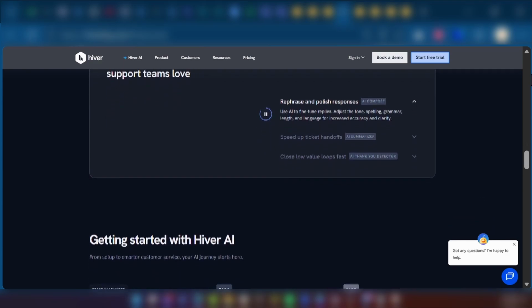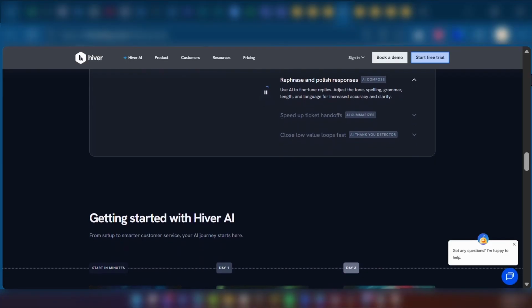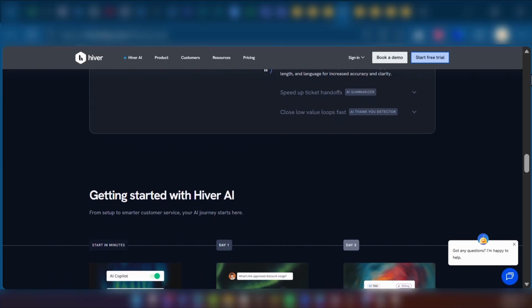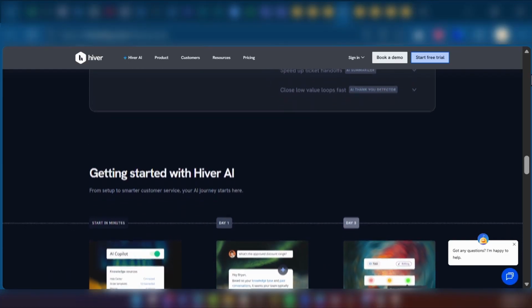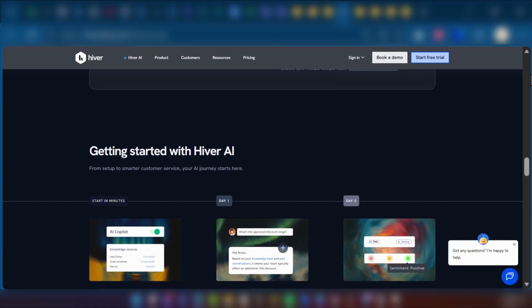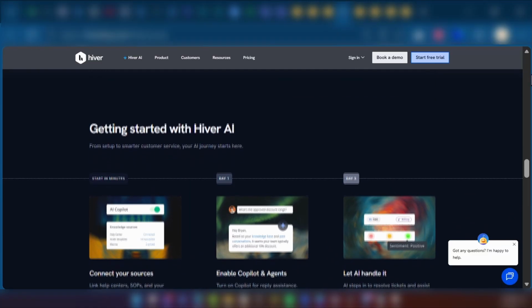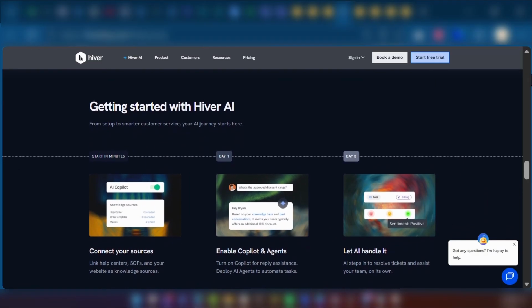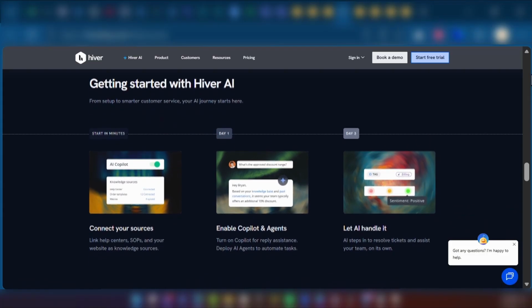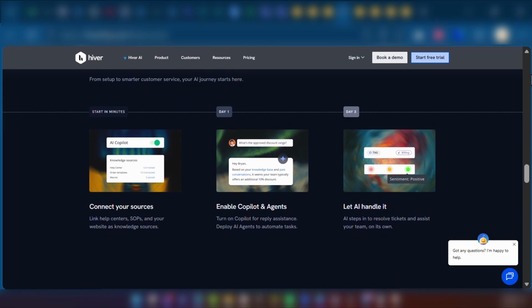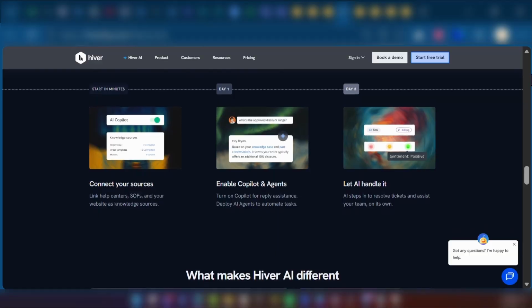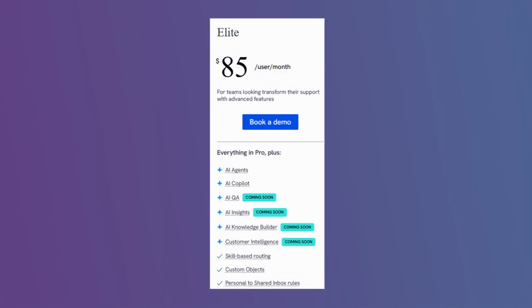this plan. The Pro plan also introduces Hiver AI, which includes their native AI copilot and AI agent. These assistive tools can auto-summarize long email threads, auto-author response drafts based on past conversations, and handle basic ticket triaging automatically. At the very top of the tier ladder sits the Elite plan, priced at $85 per user per month